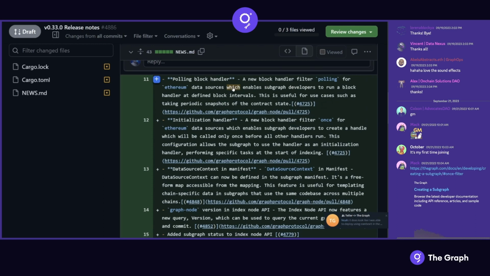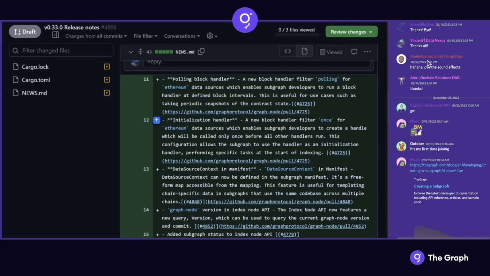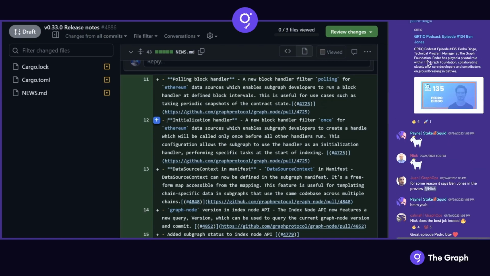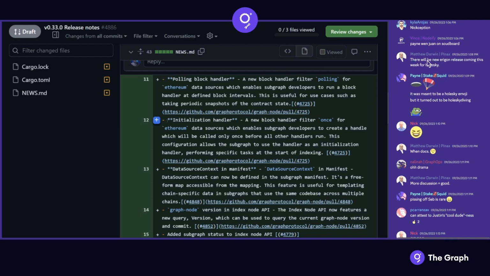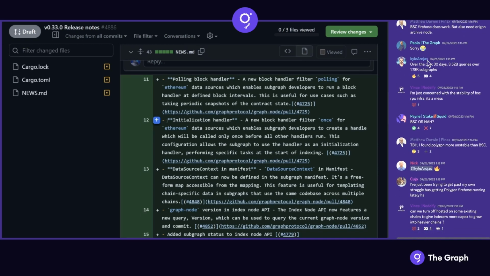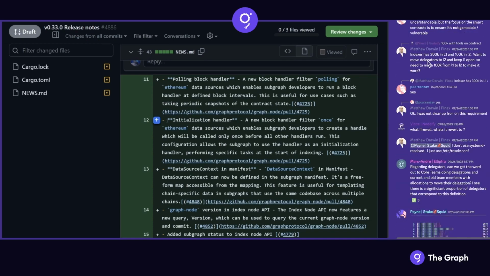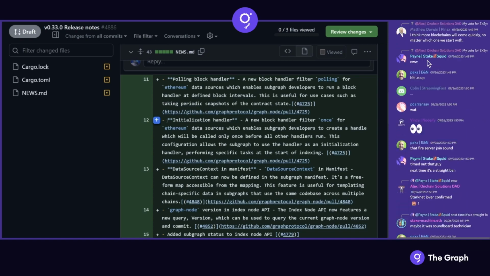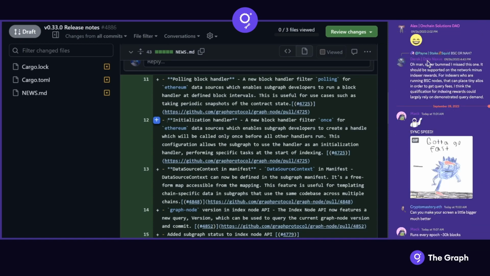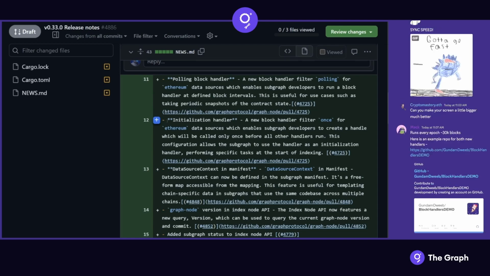And the next one, not totally dissimilar, but kind of in a similar stream, is the initialization handlers. So sometimes when you deploy a subgraph, you want to be able to hydrate the store or preload some known information that isn't necessarily gathered on chain. And with an initialization handler, you can hard code certain values or put some information into the store upon the subgraph first starting. So this could be things as simple as